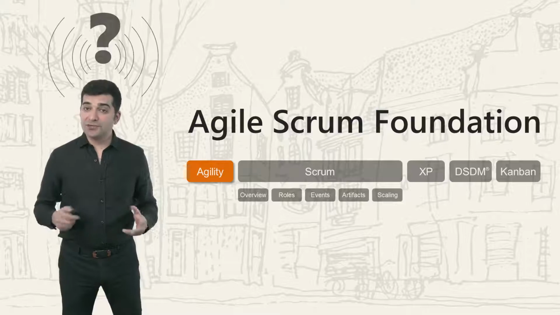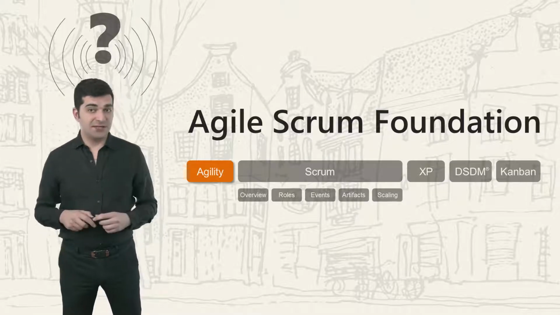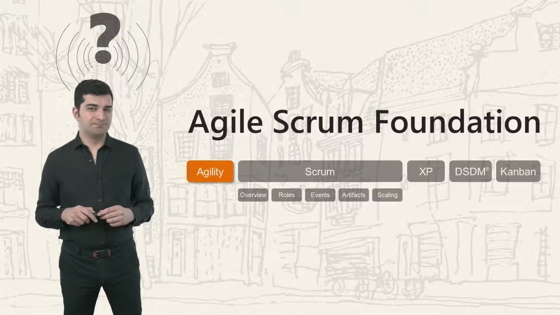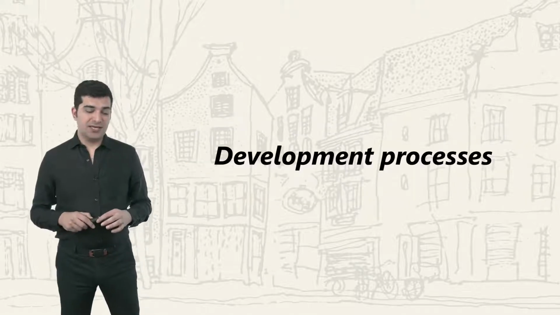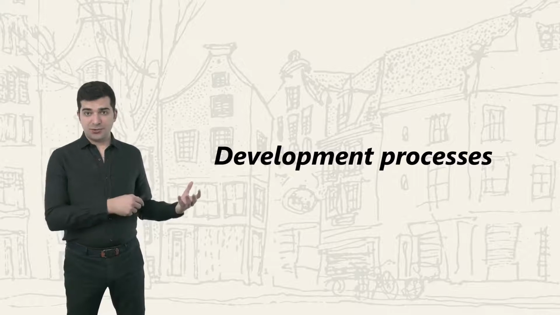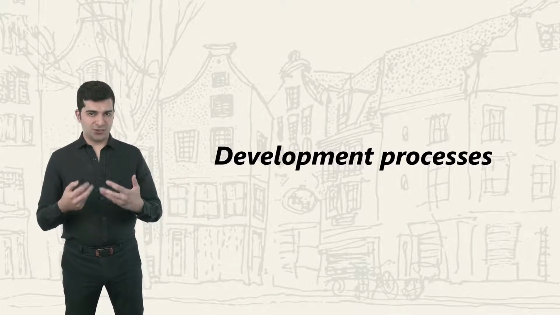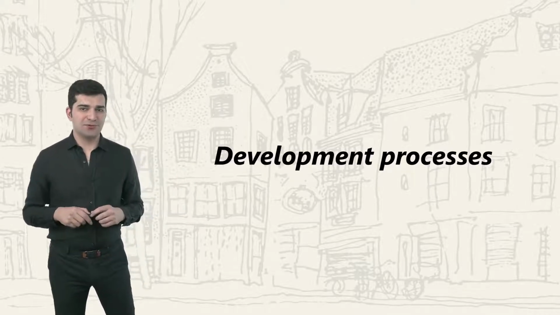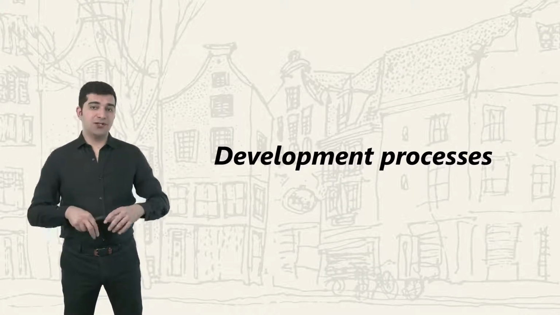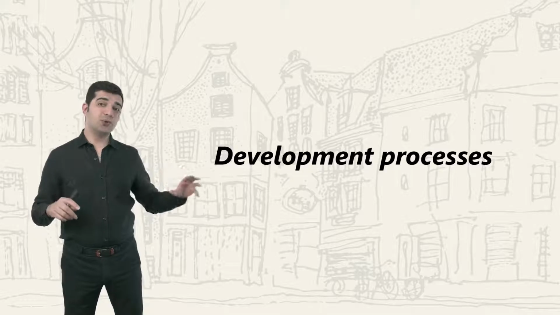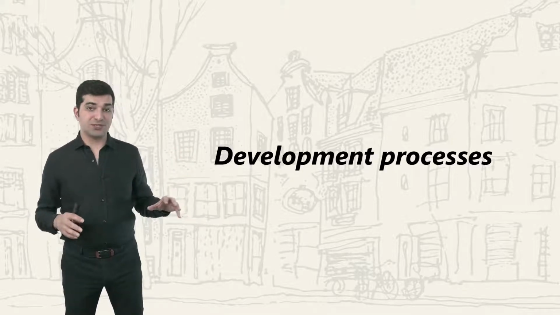So what are the different types of technical things that you have to do in your project? We call them development processes. And that's in contrast to management processes. These are fancy words that you need to know. It's a good thing to know them. If, for example, you're familiar with the PMBOK guide, it's all about processes, but those are management processes